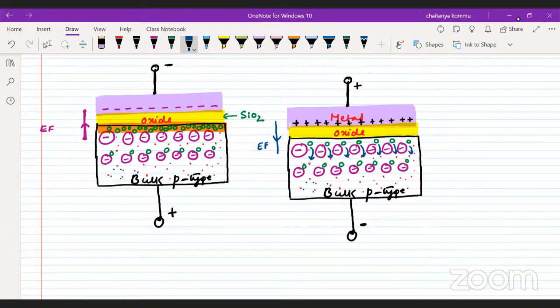So the negative charge is induced here, but this negative charge is not because of the minority carriers, because in a p-type bulk, very little minority carriers are there. A small amount of positive charge on the metal cannot attract the free carriers inside the p bulk. Okay, so therefore, because of this particular